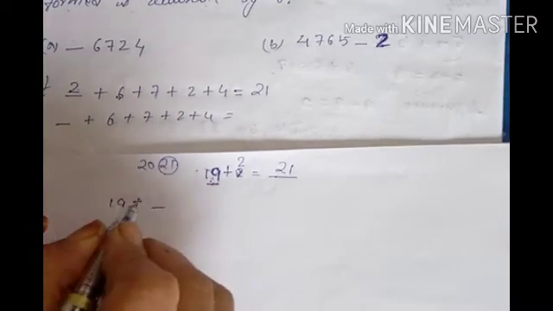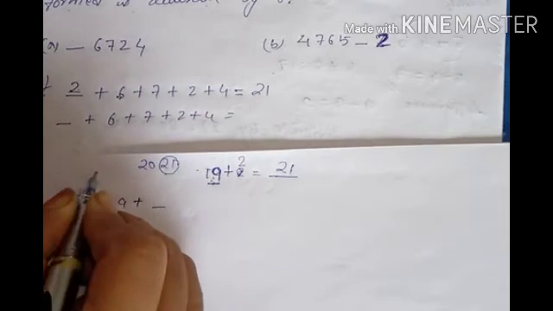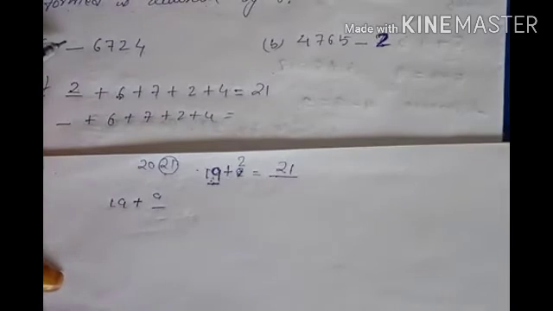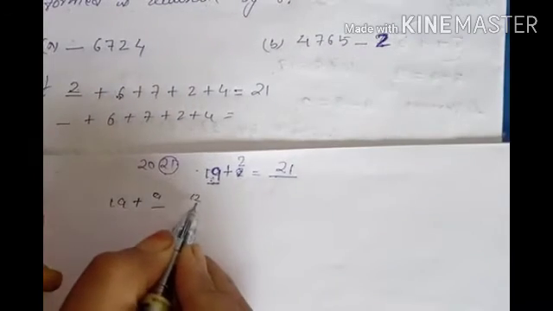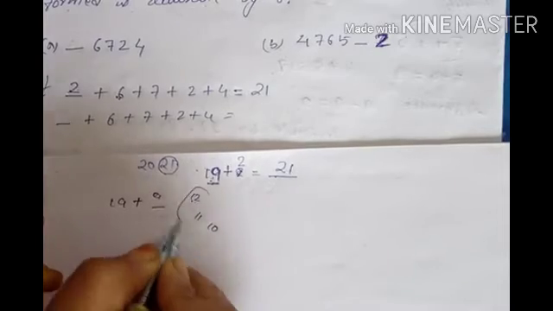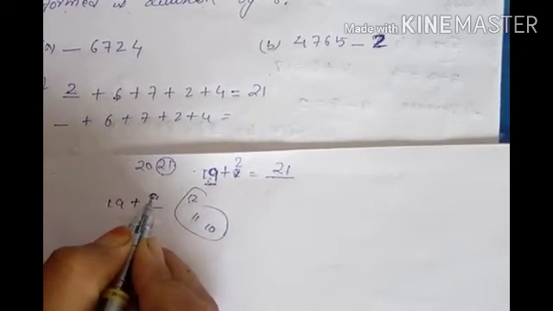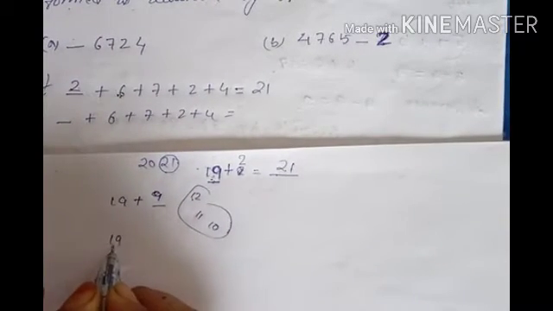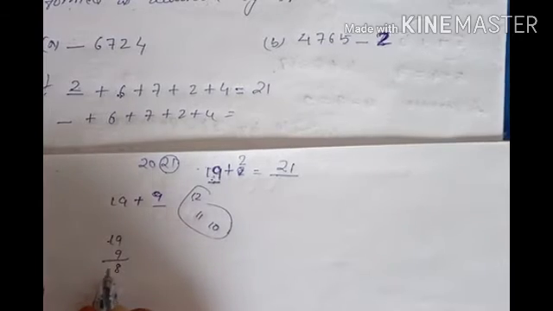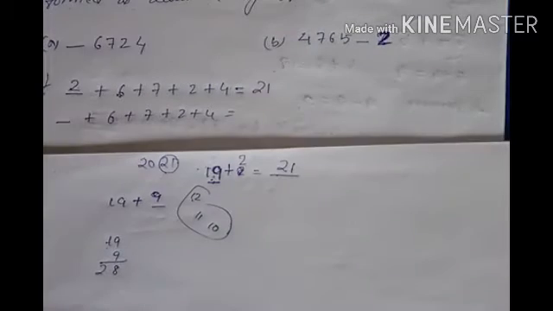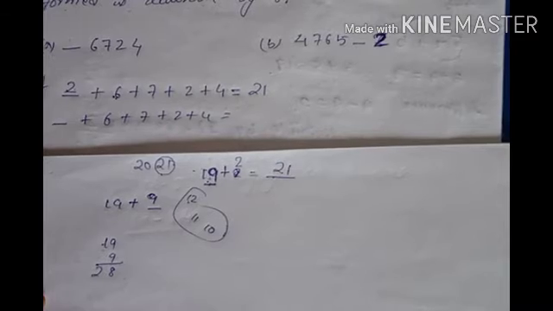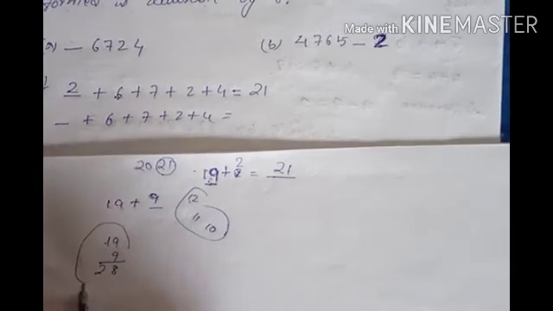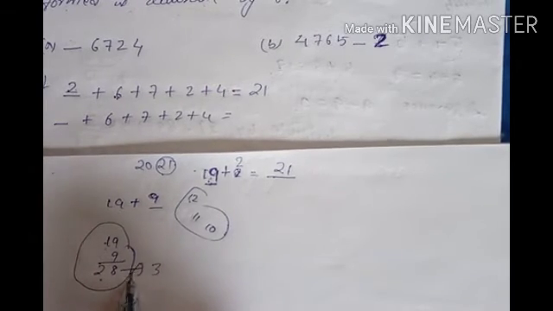What is the biggest digit? Because here you have to put only a single digit number. You cannot put a two digit number like 12, 11, or 10. Suppose you put 9 here. Now 19 plus 9, how much will you get? 28. If I add 9, is 28 divisible by 3? No, this is not divisible by 3.